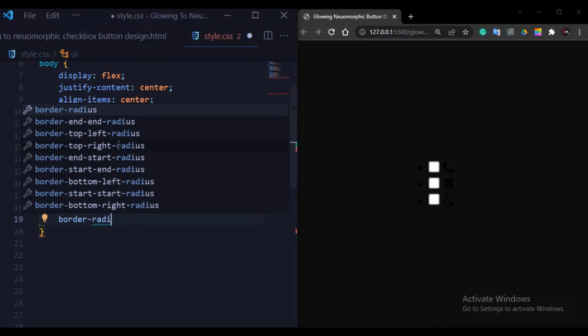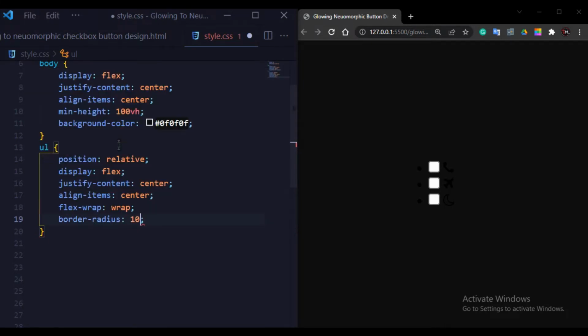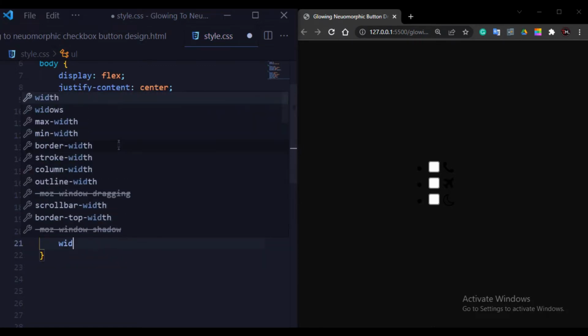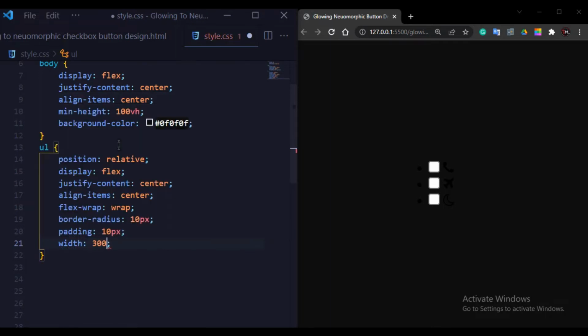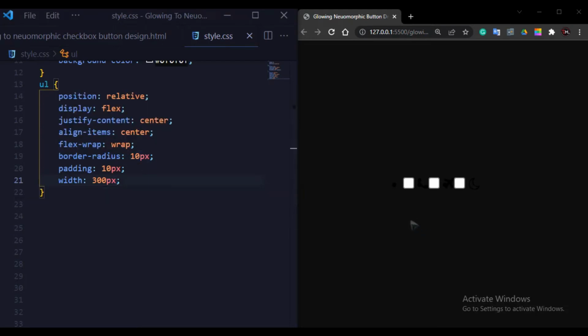I will write border radius 10 pixel, and now I will give the padding, 10 pixel. Also I will set the width, so I will give the width 300 pixel. As you can see, all my icons display changes into flex.